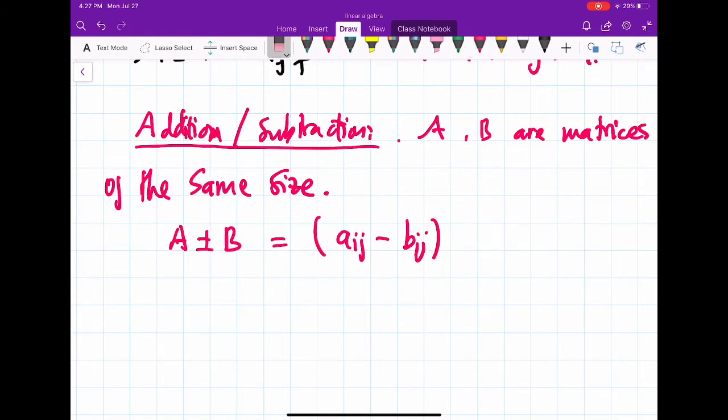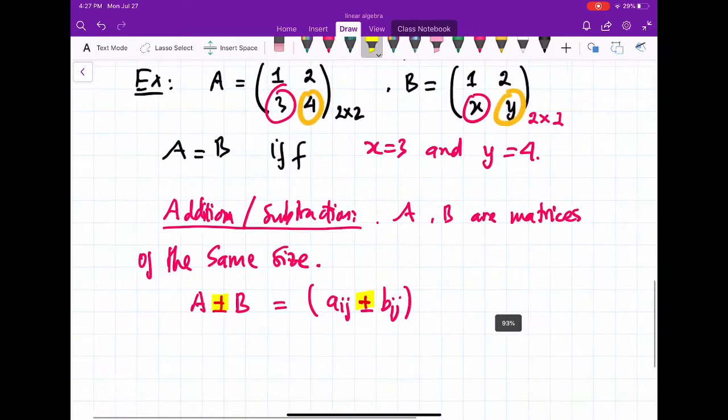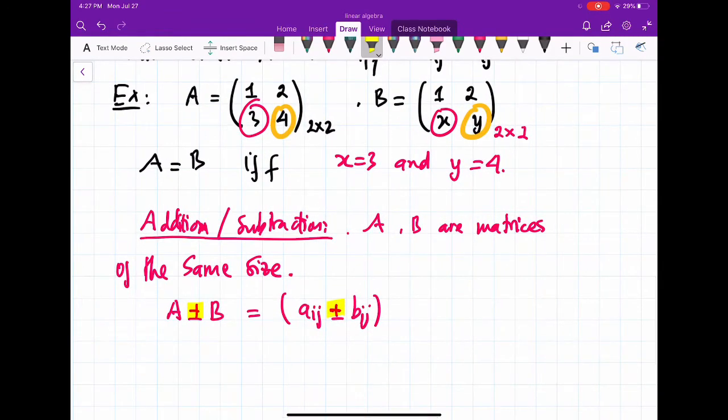Okay, plus minus. So I write here plus minus. So that's why here we have plus minus. So that means if we have plus in here, we have plus in here. Okay, so what does it mean? That means you just add or subtract corresponding